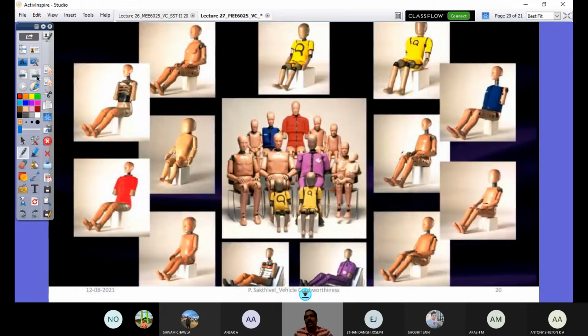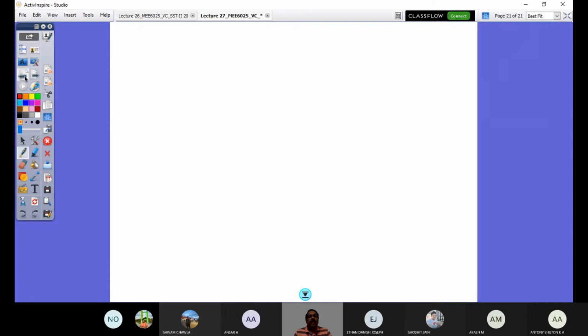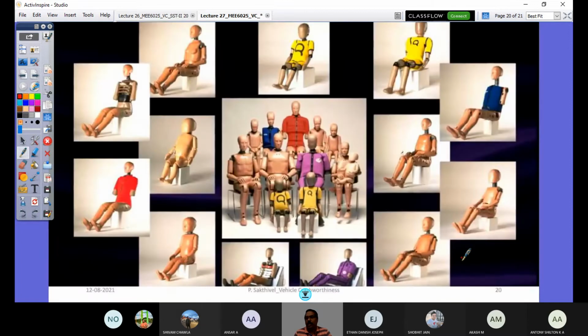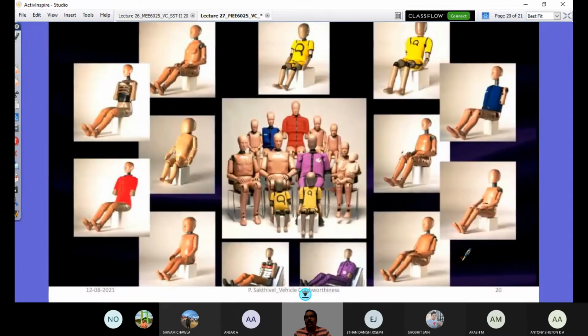They are widely used across the globe for such testing, right from infant to a healthy, tall, strong 95th percentile adult male dummy, right in this picture. So this is something that we should be aware of when talking about human dummies. So I'm just going to project some interesting videos on these dummies' development. They are used in